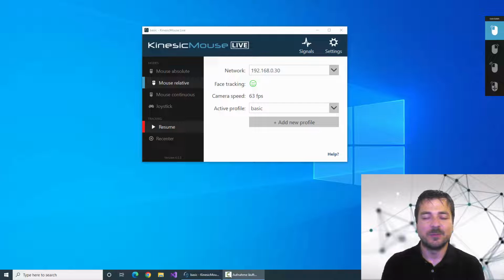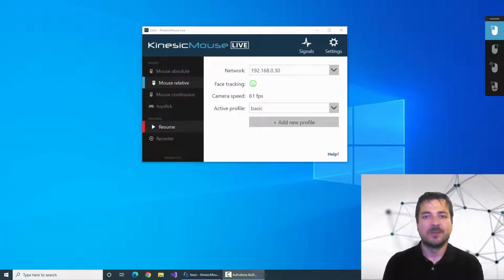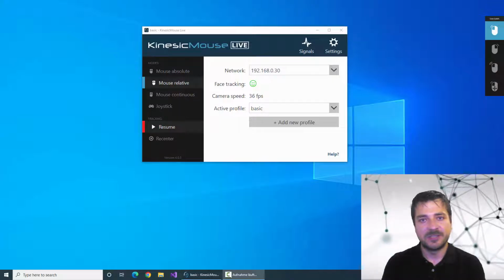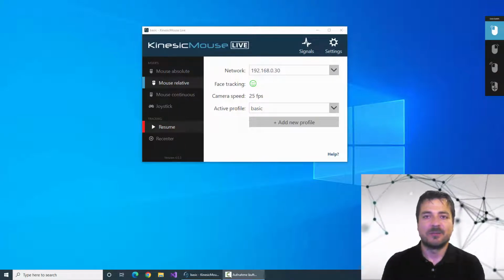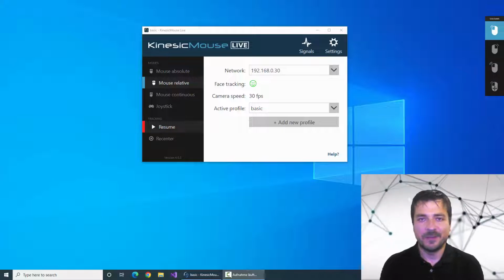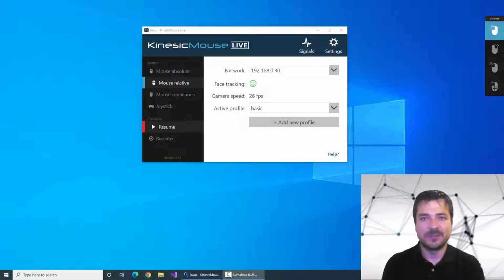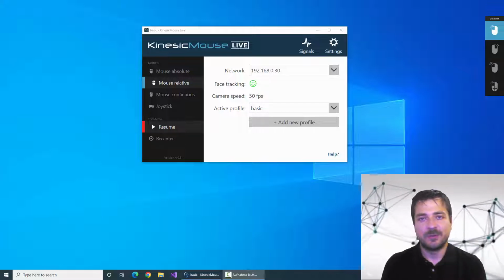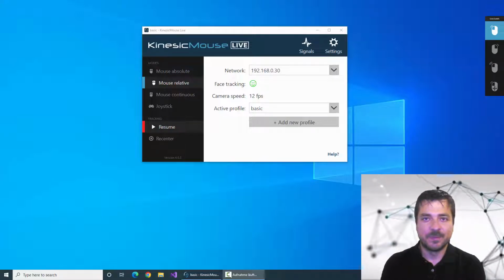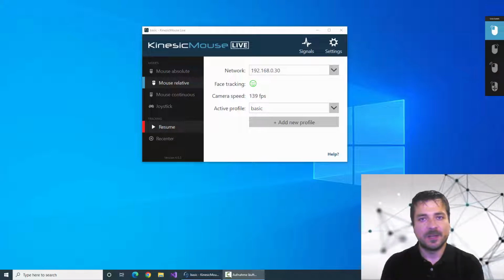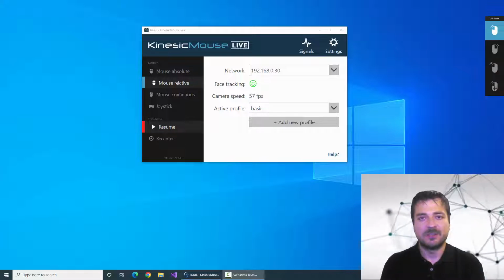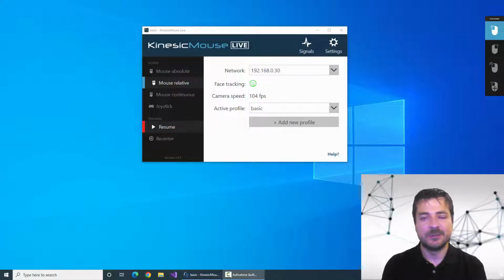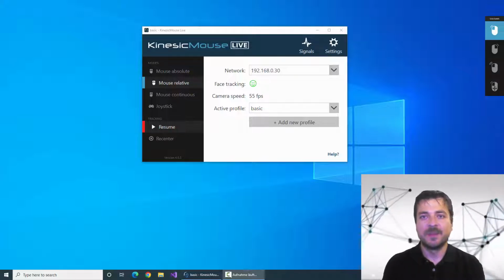This video is one of the most important tutorial videos as we are talking about signals. Any head movement or facial expression in the KinesicMouse is represented as a signal. With the KinesicMouse you can bind any of these signals to control your mouse cursor, mouse buttons, keyboard input or even joystick input. So we're going to take a look at how to adjust these signals and make sure that the configuration fits your needs. The first thing we are going to do to improve signal quality is to train